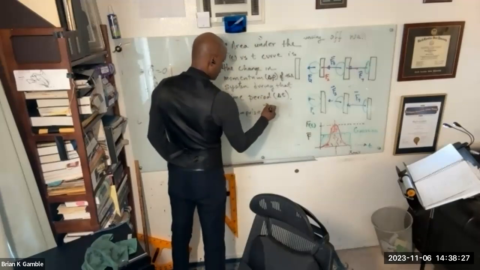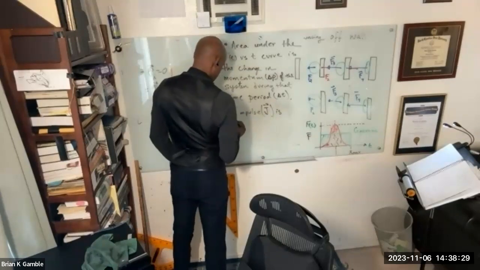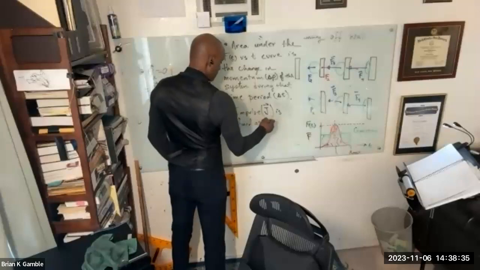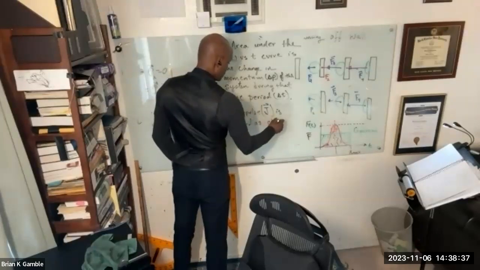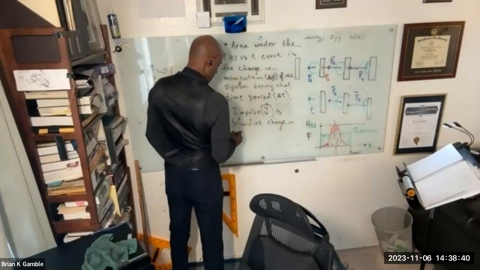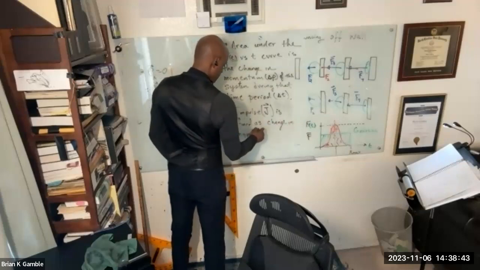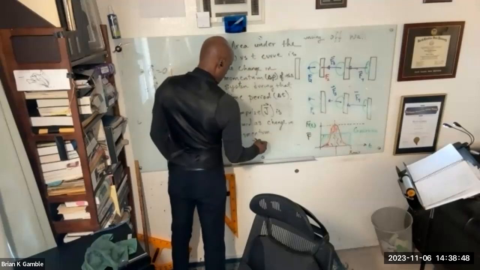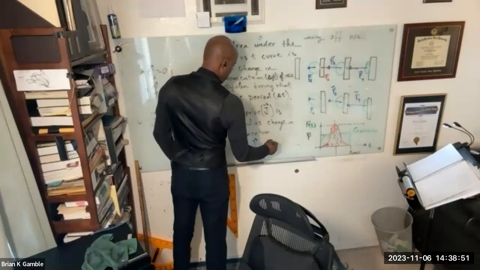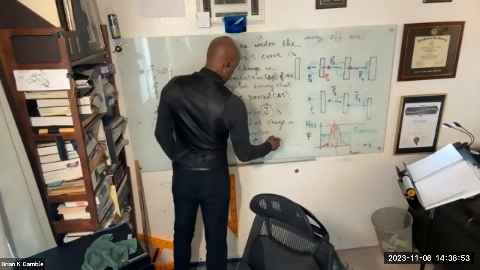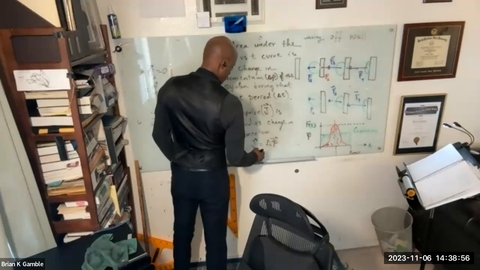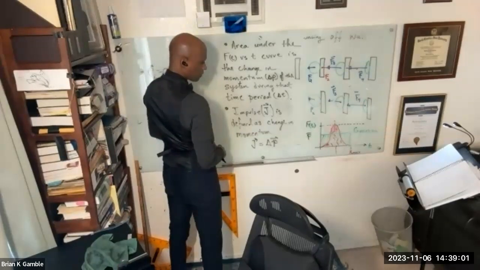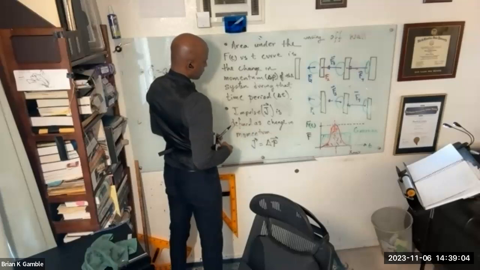Impulse J is defined as change in momentum. So J equals delta P. So we have, yeah,